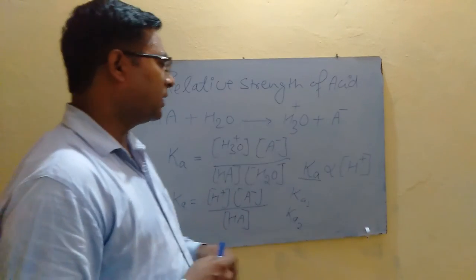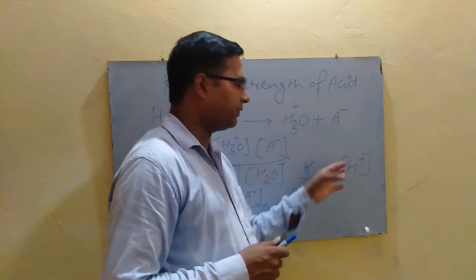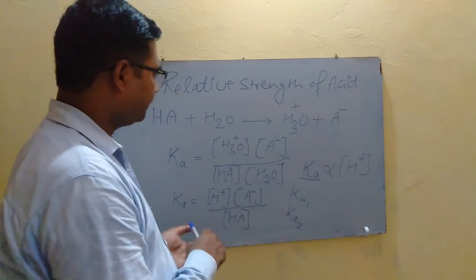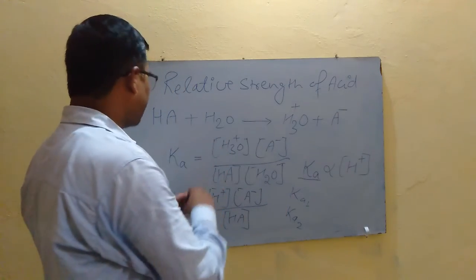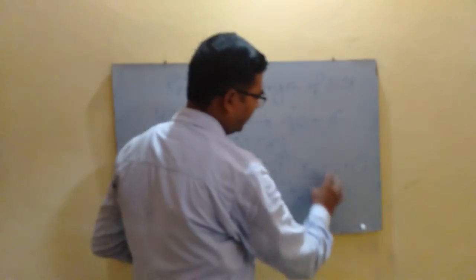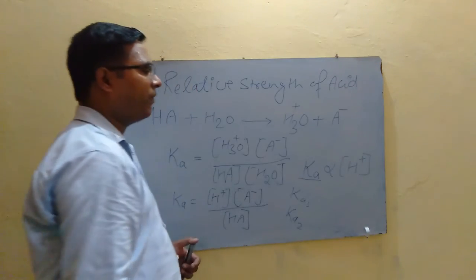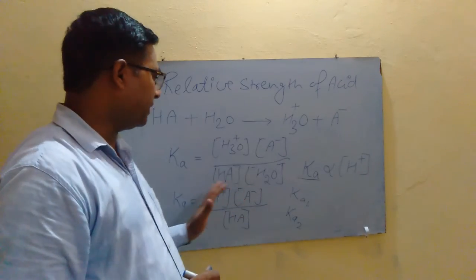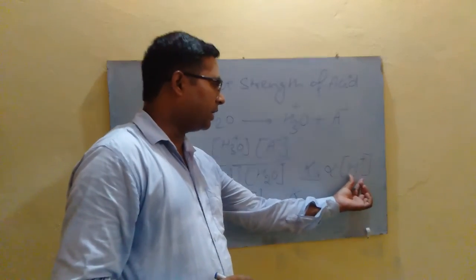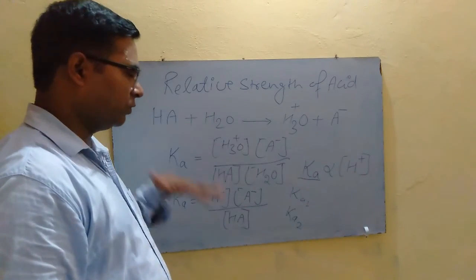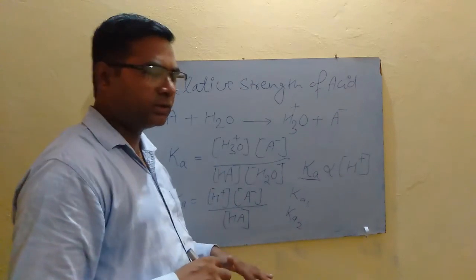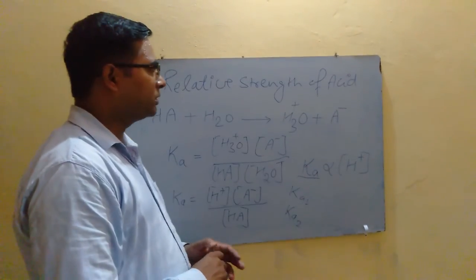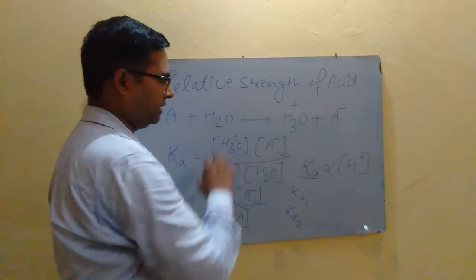And we also know that the concentration of H ion increases for a particular acid when it is diluted. So when an acidic solution is diluted, its ionization increases, and therefore the concentration of H ion in the solution also increases. And at infinite dilution, the complete ionization of acid will be there, and therefore the concentration of H ion will be equal to the concentration of acid in the solution. So at infinite dilution, all acids behave equally. It means at infinite dilution, all acids have equal acidic strength.